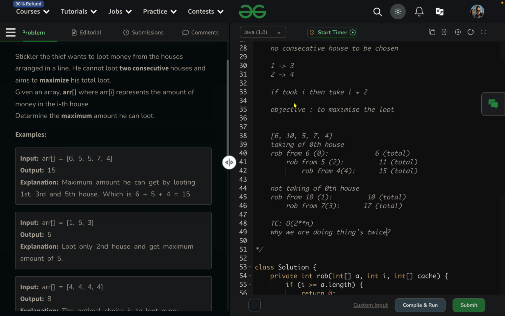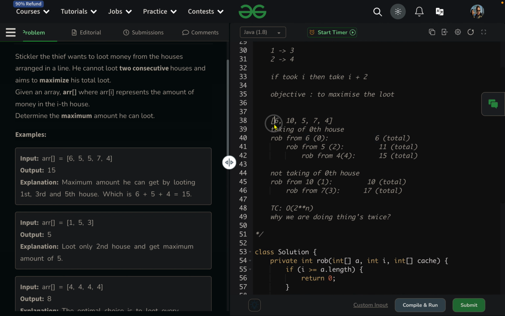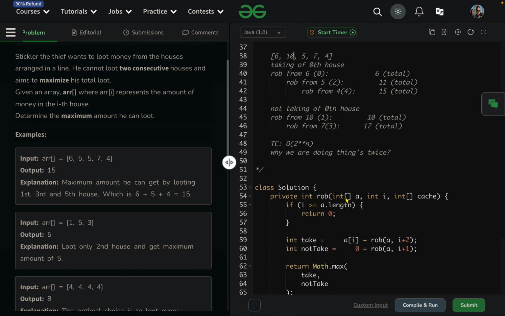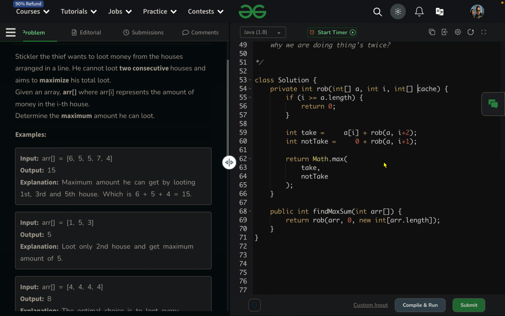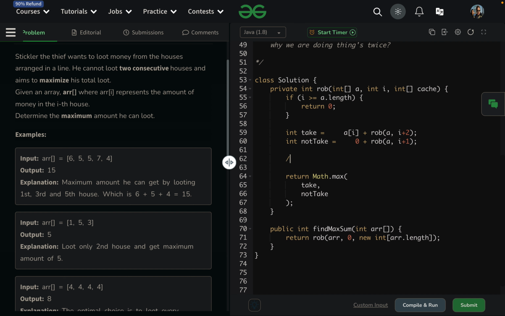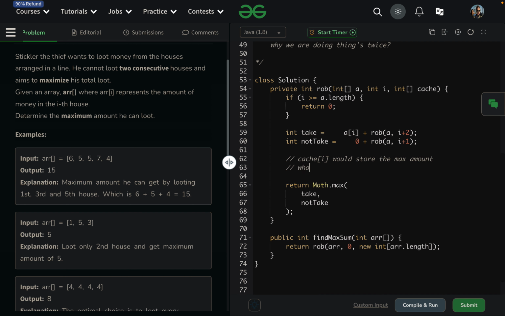Twice in the sense, if I'm not choosing 6, and I will not choose 10 as well, then I'm not choosing 10, okay. But if I'm choosing 6, I will anyway not choose 10. So there are 2 times I'm not choosing 10. Can I do something for this? Yes, I can do it, and I will introduce a cache over here, and I will say that, hey, cache of i would store the maximum amount which can be robbed